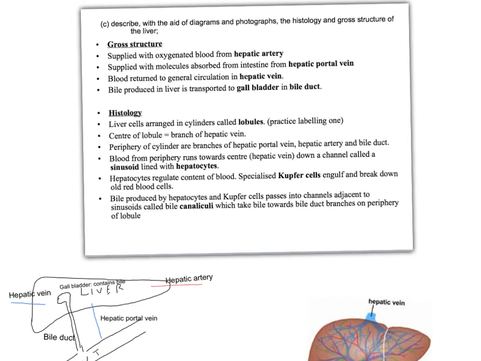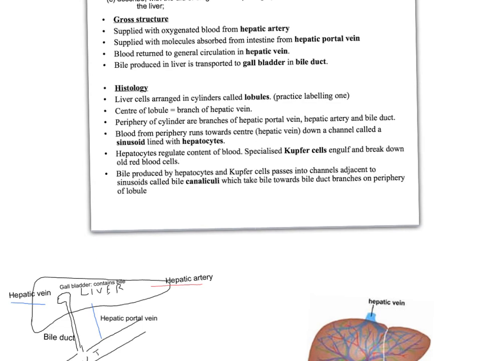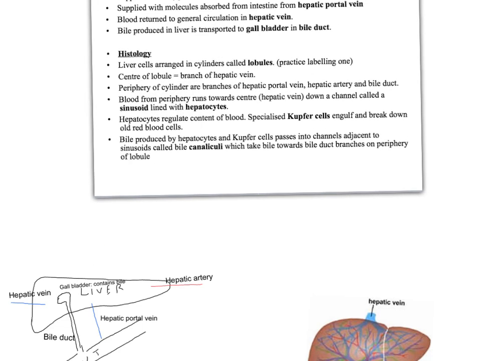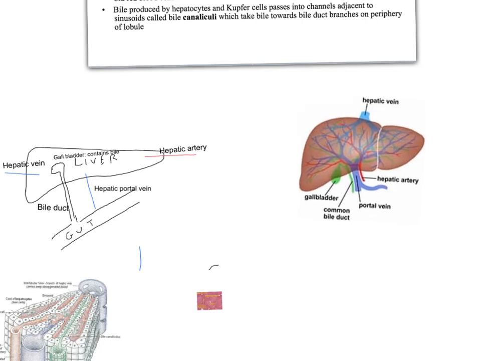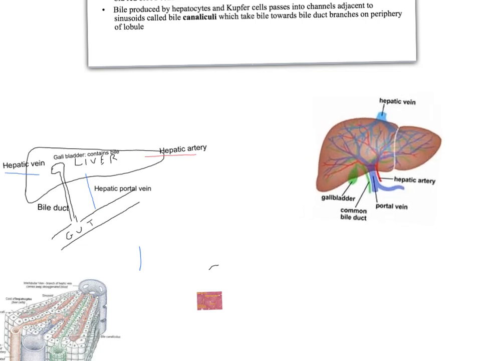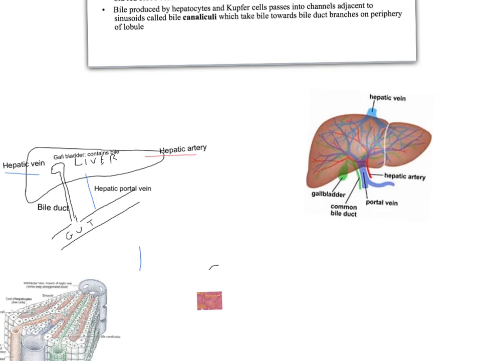We've got to describe, using diagrams and photographs, the histology and gross structure of the liver. Let's do the gross structure first of all. If we look down here, I've got a picture first of all of what the liver actually looks like. It sits in the upper abdomen just below the diaphragm, and it's supplied with blood from the general circulation